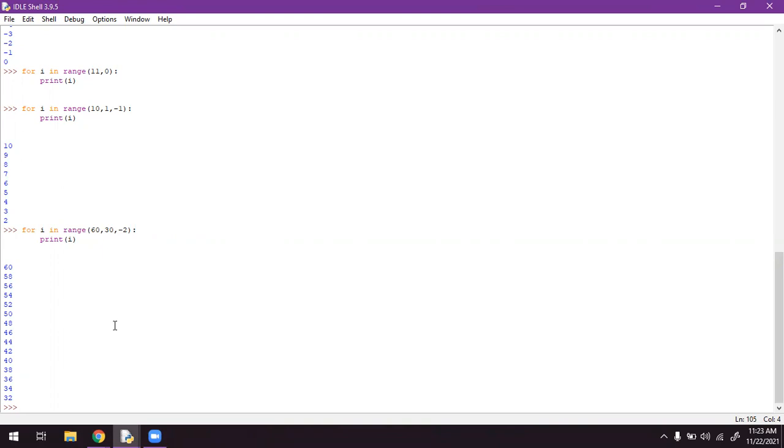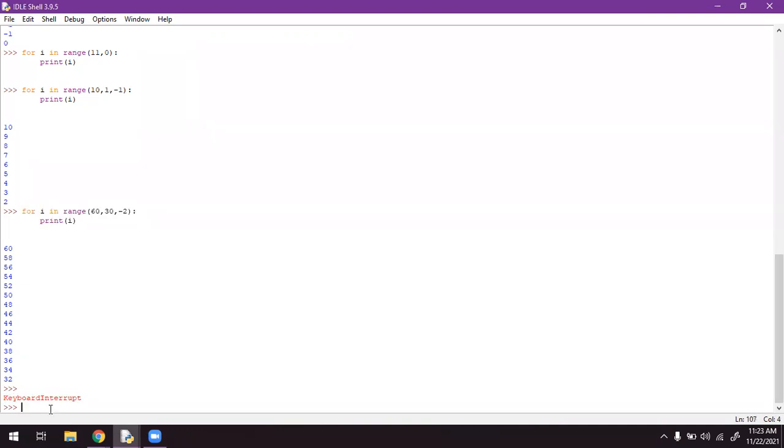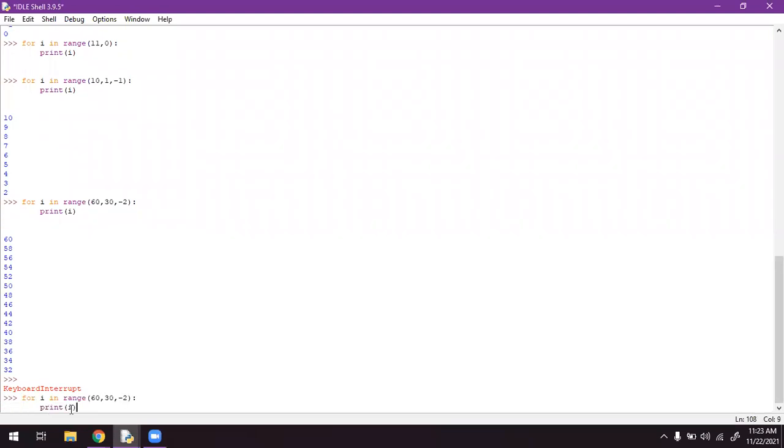We can write a loop-ended concept also, where we mention that these numbers are ended. Control C and Control V, i comma double quotation end of line. Okay, like this also we can write.